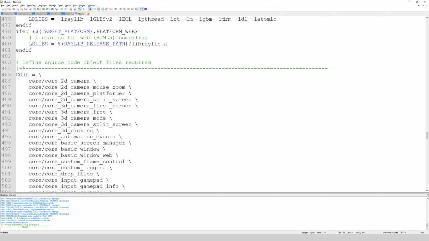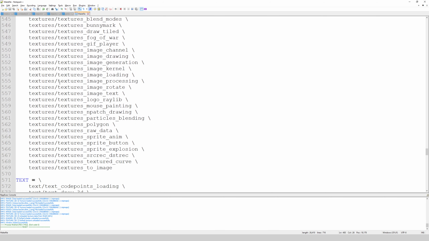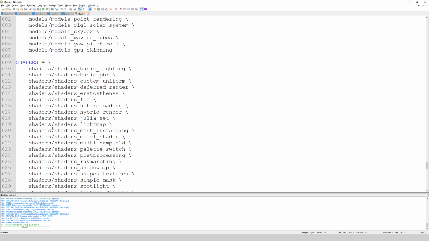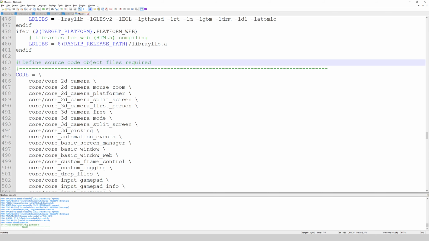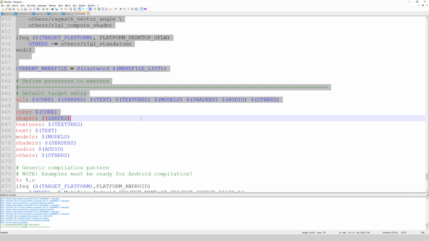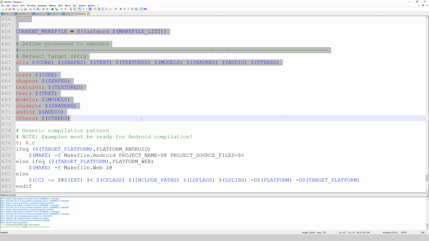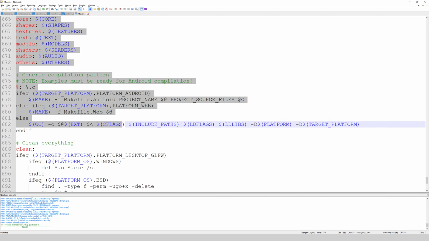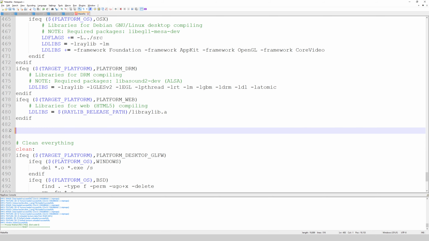Down to around line 480, you're going to see define source code object files required, and you're going to see this very long row of a bunch of indented file names. So we're going to start here, and we're going to drag down, down, down, all the way to here, all the way to the end of this generic compilation pattern. So around line 680. So that we want to leave the clean, can stay, but all of that stuff can go. Press backspace, and I'm going to click in the margin here and just place a little mark so I